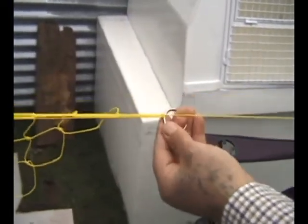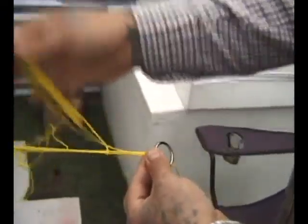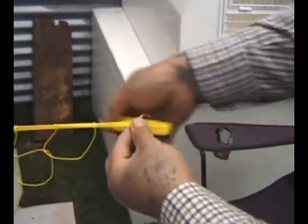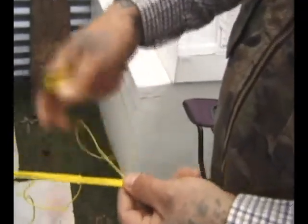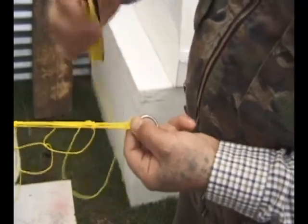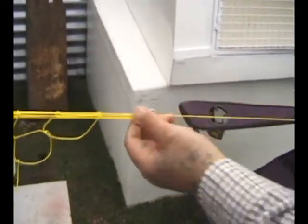At this stage the ring looks like it can move. When you go through the ring, pick up your next mesh, pull it into the ring, back through the ring again, pull that nice and tight, nip it off with your thumb, twine over the back, underneath the 2 strands, underneath the 1 strand of the loop that you picked up,